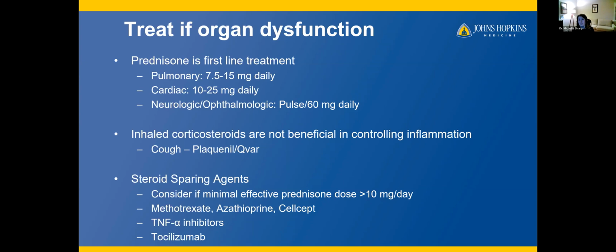And luckily with steroids, traditionally, the lower the dose, the less side effects. And for the lungs, you often don't need as high of a dose. For the heart and the brain and the eyes, we sometimes need much higher doses. And that's mainly because there's not a lot of window room for error. If you don't control inflammation in the brain, it can cause damage much quicker than not controlling inflammation completely in the lungs. And our real goal is to prevent the organ dysfunction and the clinical symptoms.